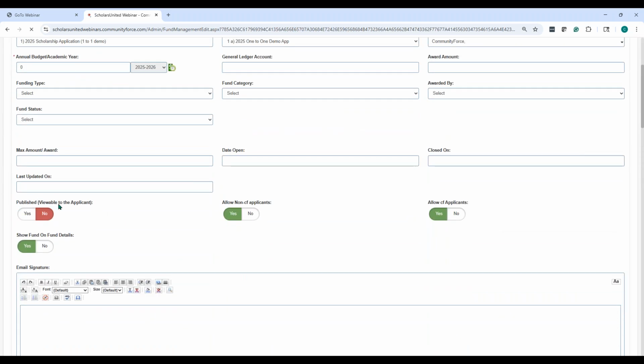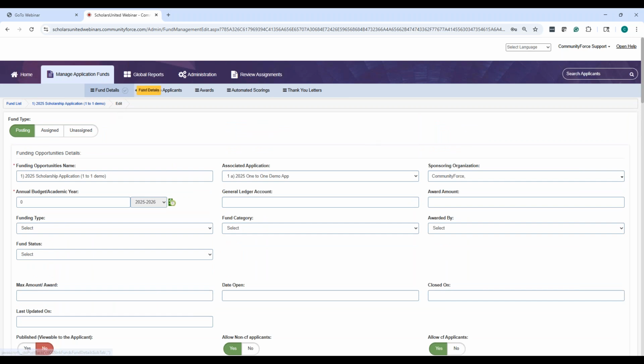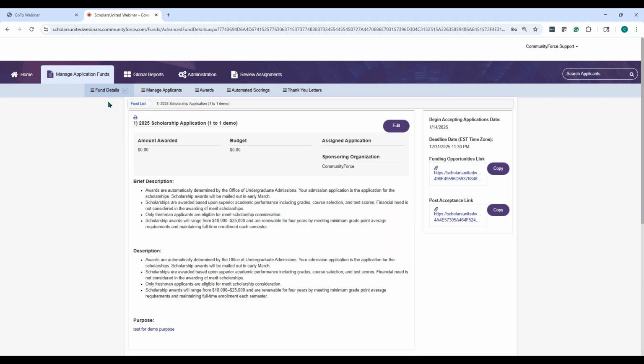There's a published, viewable to applicant. If it says no, that also tells you that it's not published either. So that has to be set to no. And then of course, once that's set to no, if I go back to the fund detail page,